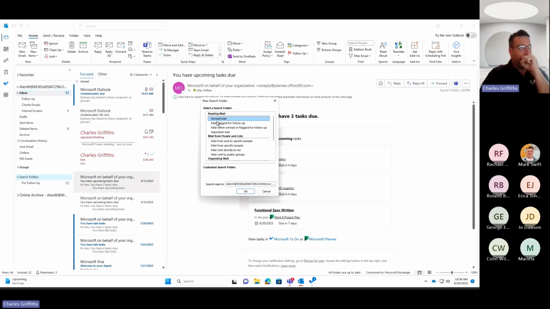So perhaps I want a search folder for just all emails that are unread. It's just going to group those all together. Mails that are flagged for follow-up. Mails that are either unread or flagged for follow-up, so we can put it that way. Any email that's been marked as important. Again, we can create search folders for these different areas. In this case, I'm going to create a search folder for any mail that's flagged for follow-up. So if I click on OK,